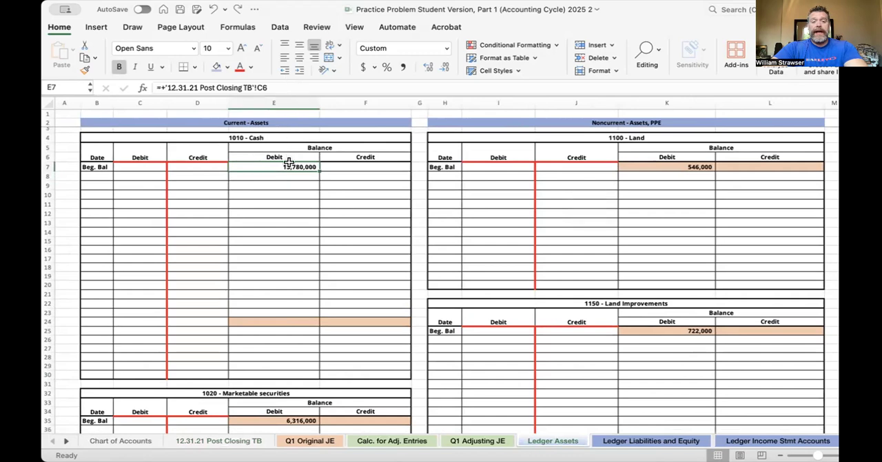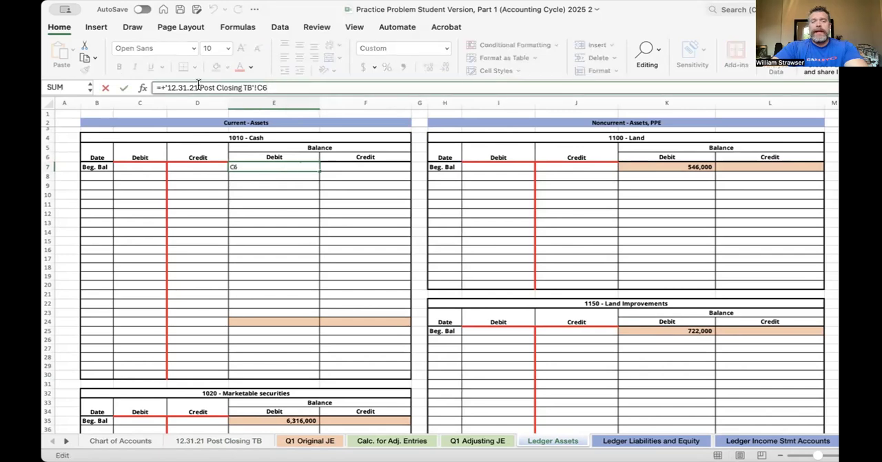And the beginning balance is actually not inputted as a number, but rather a cell reference. And if you've not used Excel, cell references are going to help you so much on this project to the extent that I want you to use them. I require that you use them. So what this does is it basically says, whatever is in the tab post-closing trial balance, the one down here where my cursor is,